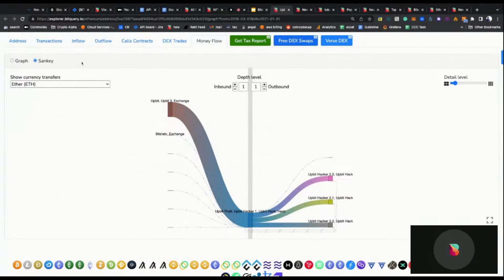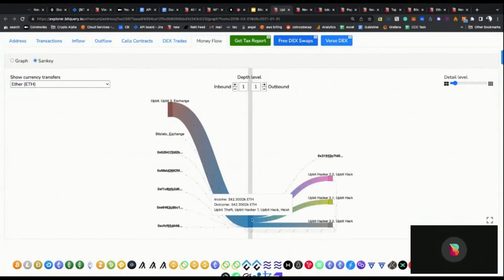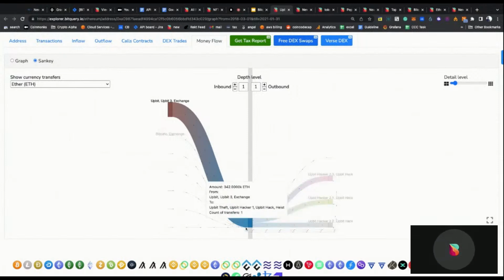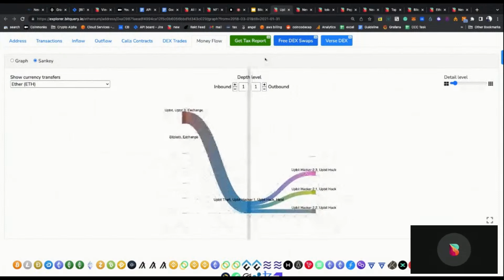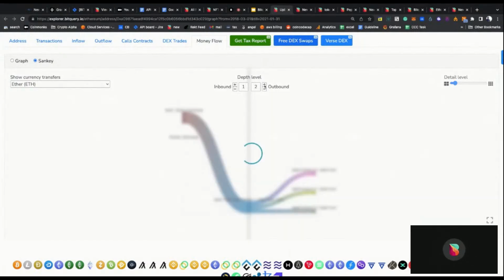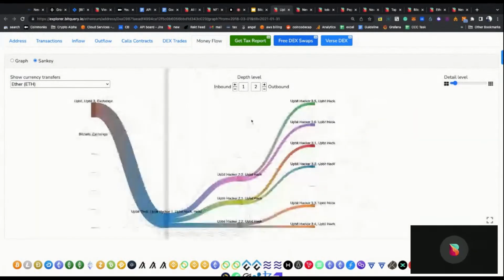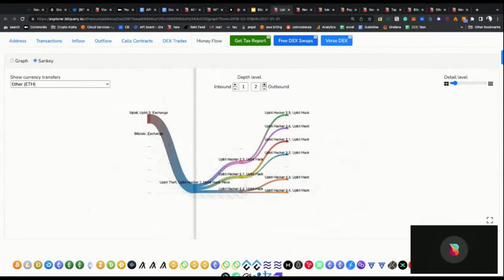So, for example, Upbit was an exchange which was hacked a few years back, and they tweeted out this hacker's address, and you can actually trace how money is flowing pretty easily through this simple UI. It's better than tracking through explorers. It becomes very difficult.